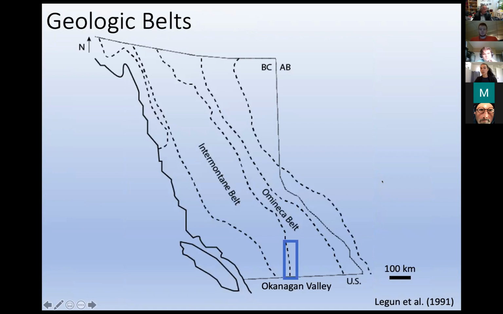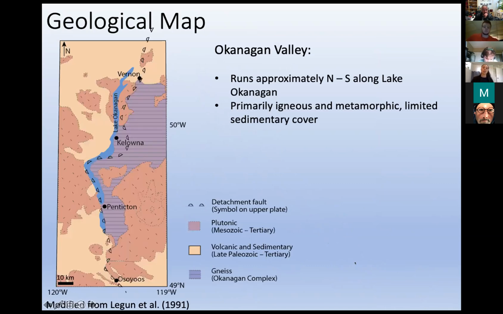So, starting to dive into the geology of the area, looking at where the Okanagan Valley sits in terms of the geologic belts of BC. These are belts that have similar geologic histories and represent accretion of terranes onto the North American Craton. The Okanagan Valley basically sits in between the Omineca Belt and the Intermontane Belt. For this presentation, I'm going to go through a simplified geological map of the Okanagan Valley and go through the different broad rock types that are present